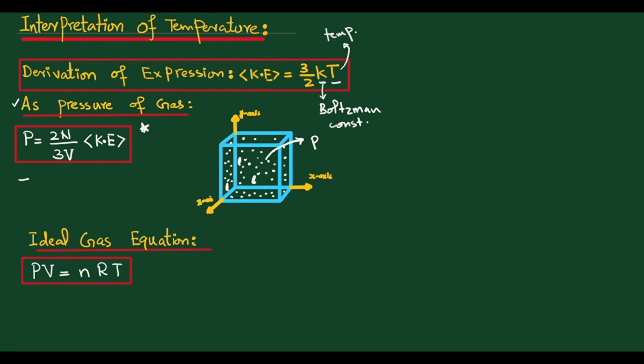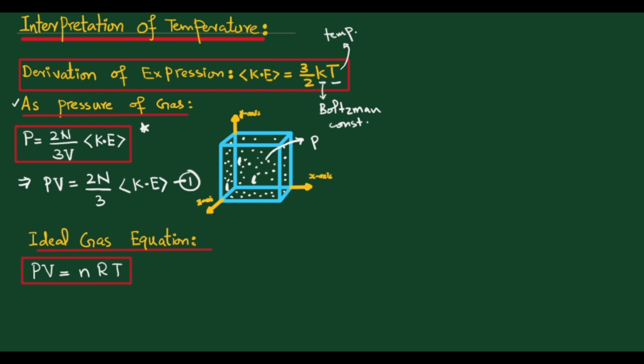If we calculate the product of pressure and volume from this equation, we will get PV equal to 2N divided by 3 times the average kinetic energy. It's our first equation. Secondly, we have to know the ideal gas equation,